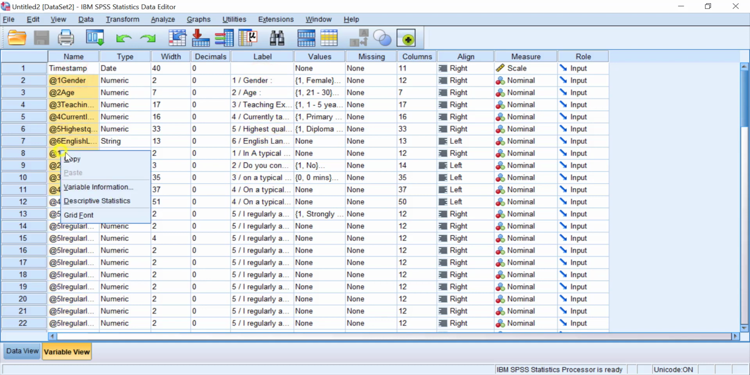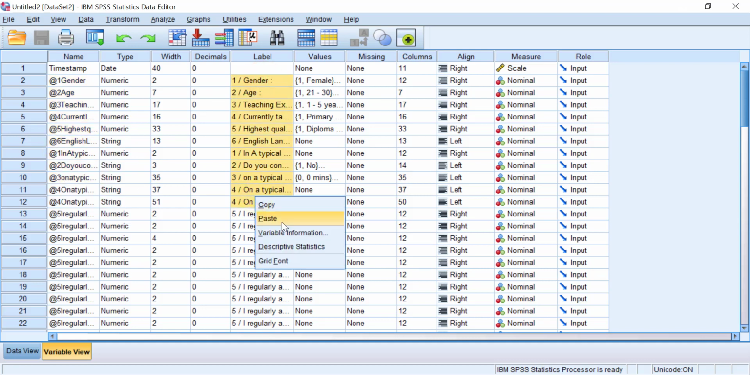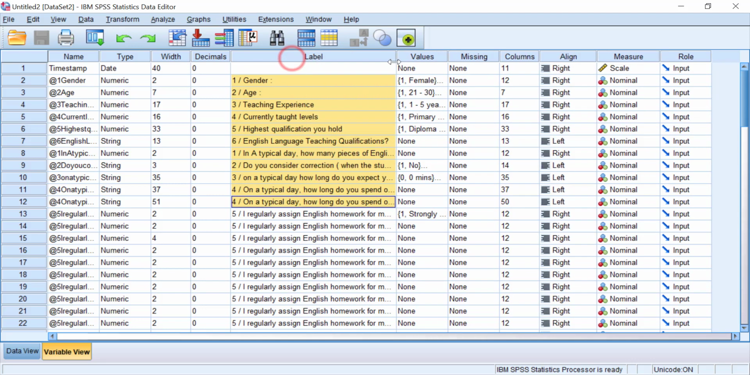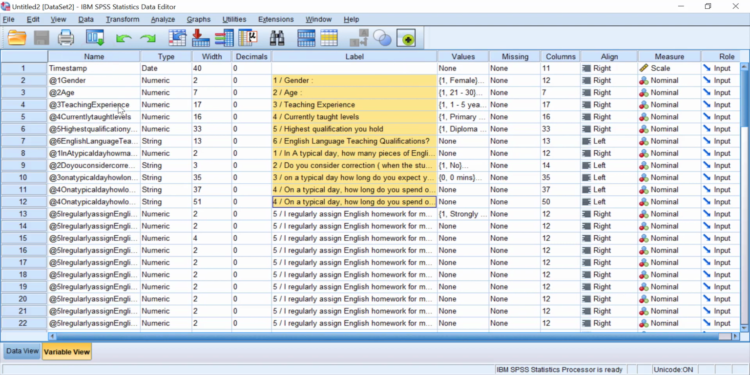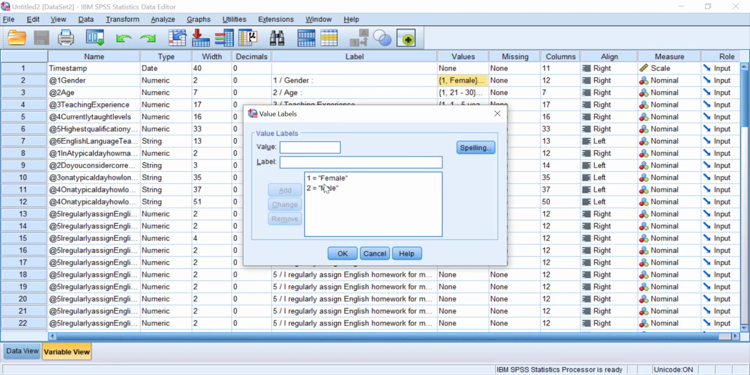Or we can just copy and paste the names to the labels so that we can come up with this list, but note that names do not contain spaces between characters, but here labels contain spaces between characters, so it's fine for them. And these labels are the ones that are going to be shown on the output when we analyze the data. So these values here consist of the items or the choices given to the respondents, like gender,